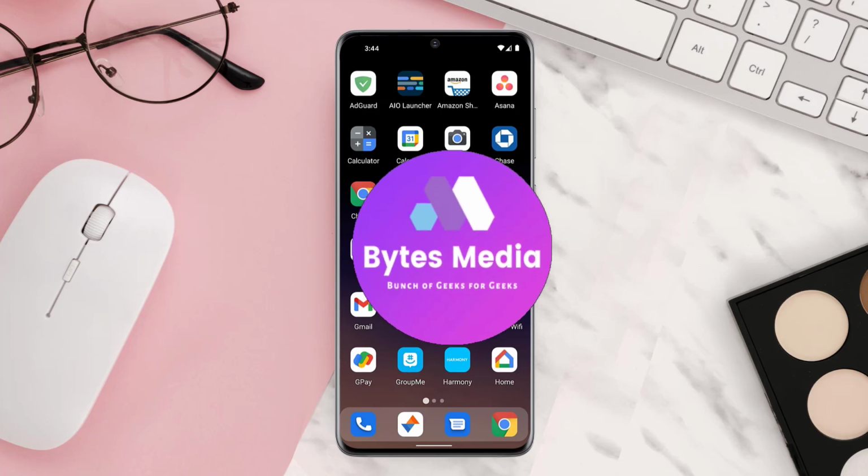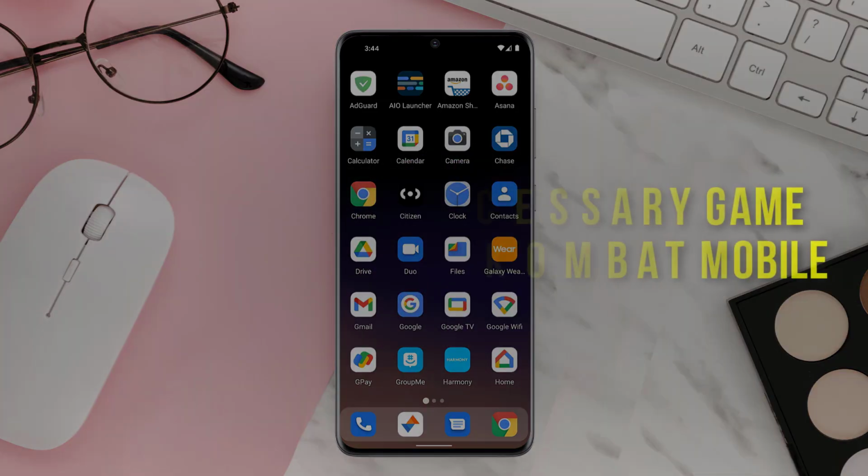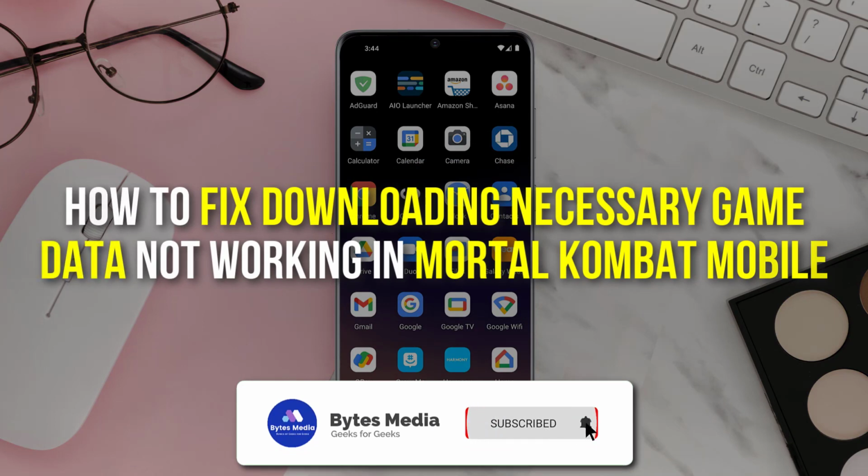Hey guys, I'm Anna, and today I'm going to show you how to fix downloading necessary game data not working